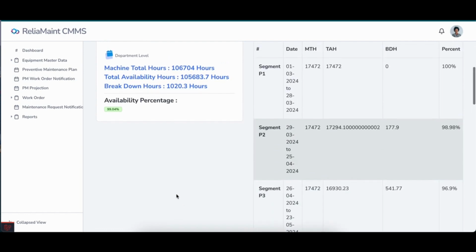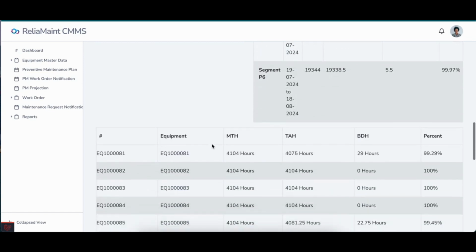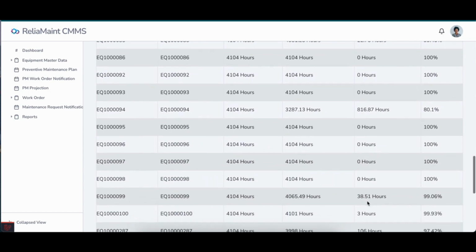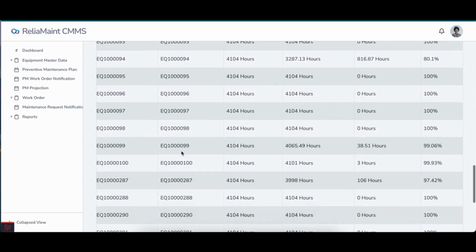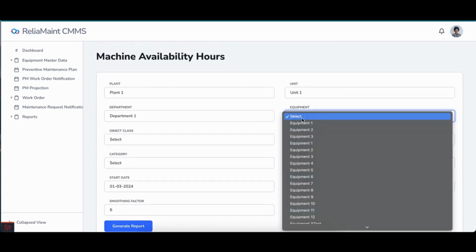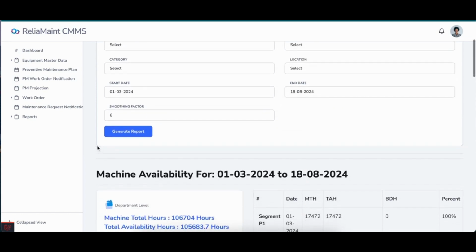Now it is department level, all hours, and then it is equipment. So we can see which equipment is most problematic. We can see this equipment 094 is a fundamentally more problematic area. Others also have breakdowns but not that kind. So these 816 hours are coming from this particular equipment 094. If we go further, we can put 094 here, that is number 6, and run it.